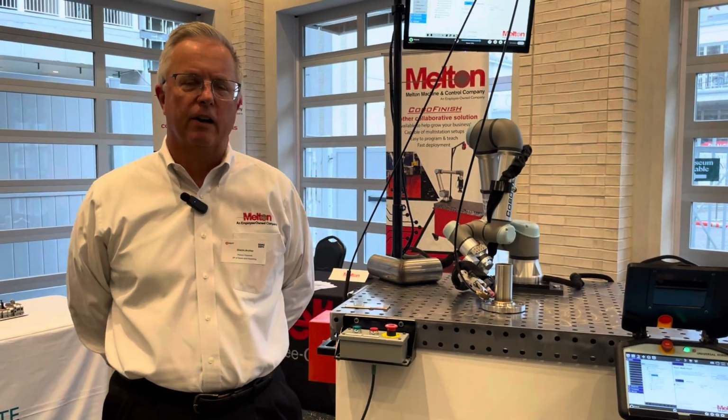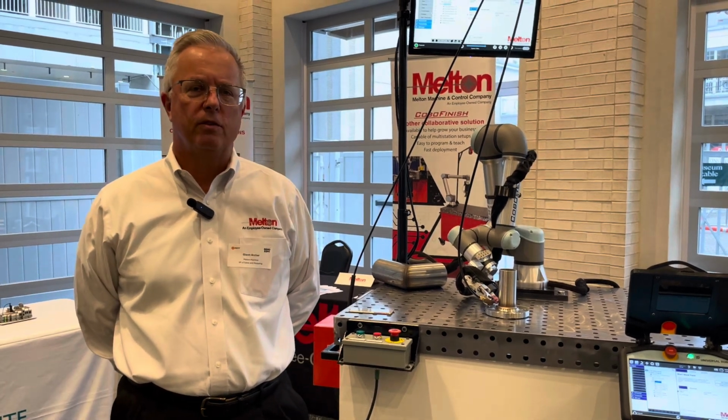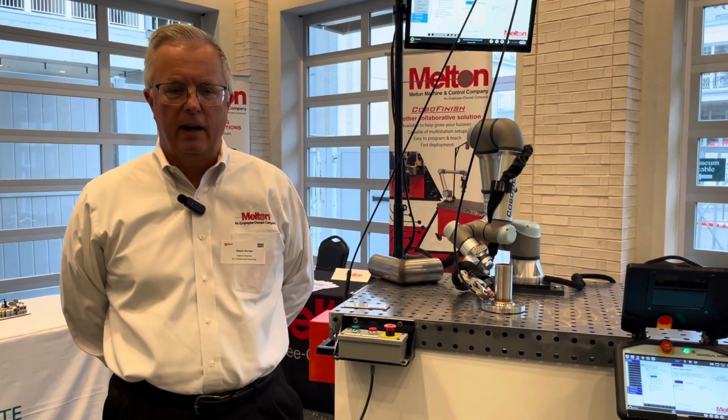We have, on average, about 280 robots get integrated by Melton each year, and maybe just under half of those are collaborative robots. We work with a variety of companies and a variety of industries. Our big primary emphasis up until about 5 years ago was the automotive market. As things change, we've grown. We've been able to diversify our business, and so probably 65% of our business is general automation now, and that's agriculture, transportation, that is energy, that is mom and pop machine shops and metal handling and boat building, and just